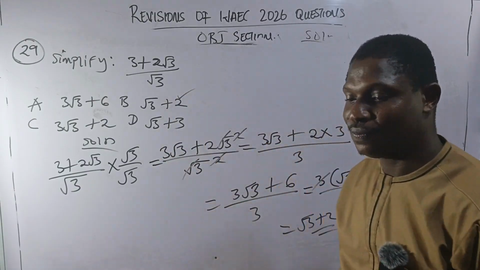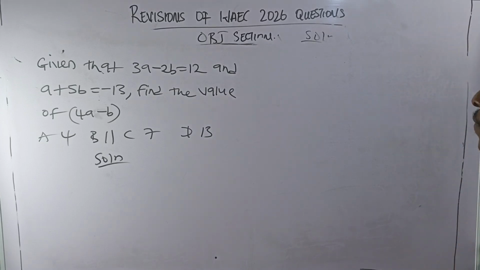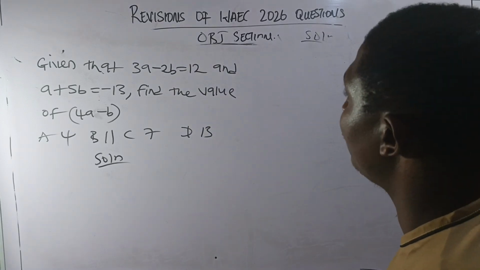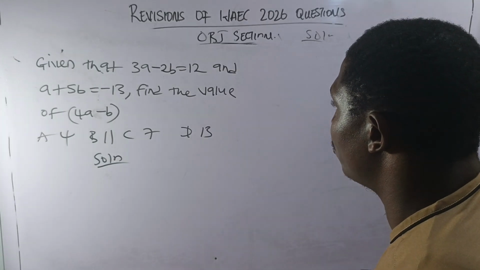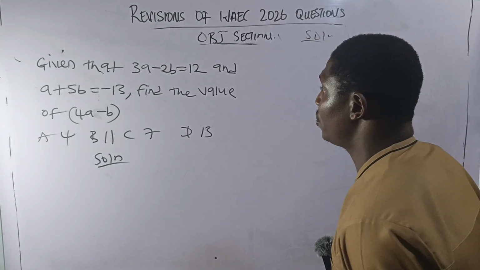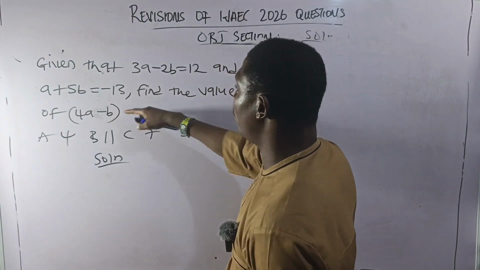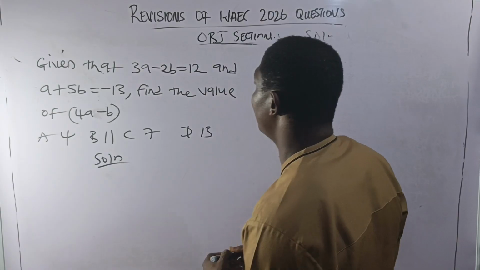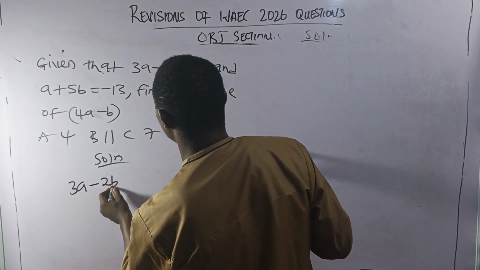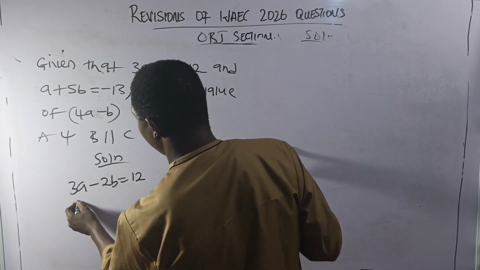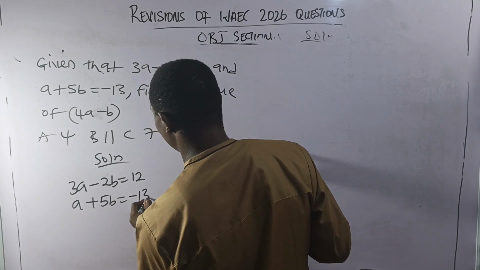B. Thank you. We are given that 3a minus 2b equals 12 and a plus 5b equals minus 13. They said find the value of 4a minus b. This is a simultaneous equation of which we have to use these two equations to get a and b and put the value of a and b here, and that's our answer. So let's go. This 3a minus 2b equals 12, and this a plus 5b equals minus